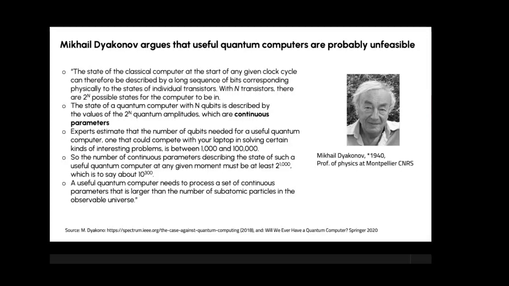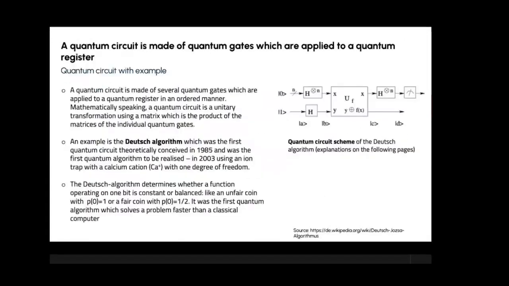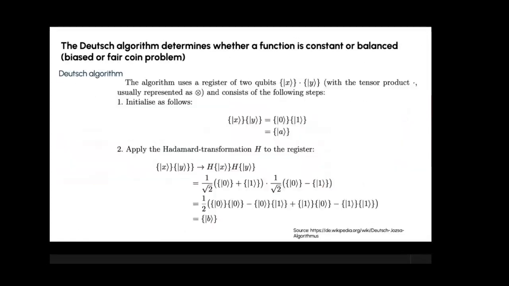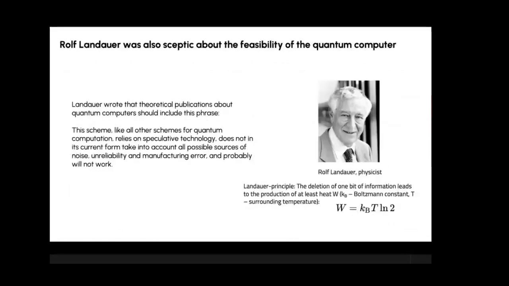which are continuous parameters, which I showed you many times in this talk, that there's this complex number c in front of the state, and that therefore you have infinitely many. I show it again once more on the Bloch sphere here. This equation shows you that there are infinitely many, because if you put all the combinations of theta and phi in there that exist, you get infinitely many numbers on the sphere. And because of this, each qubit is an amplitude with a